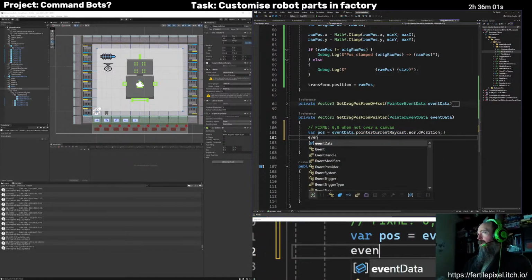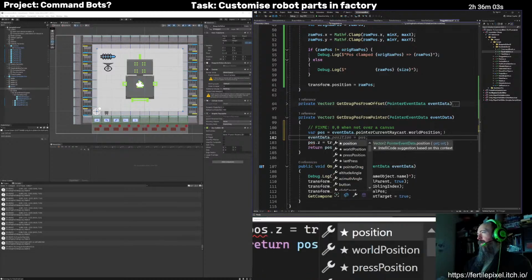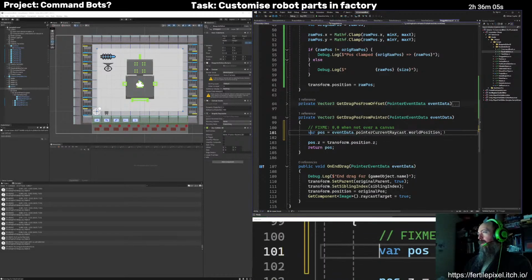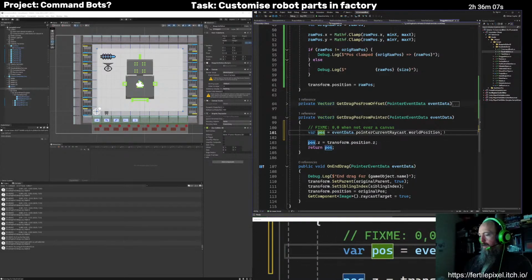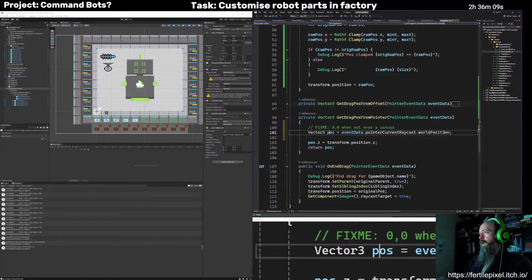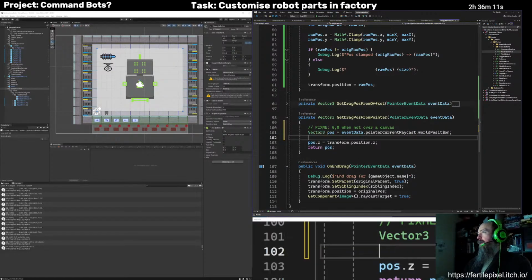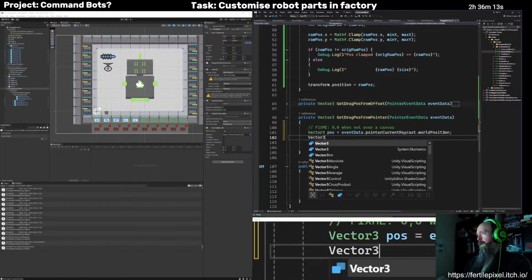So maybe let's just make this an actual specific type. Vector 3, and then same thing here.